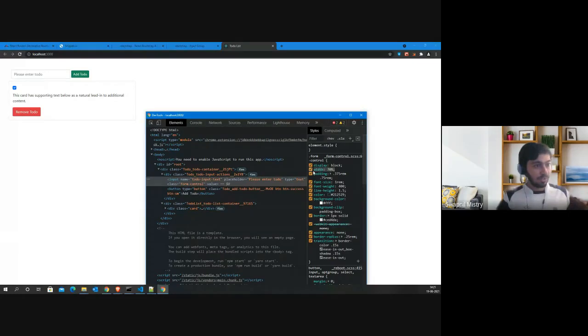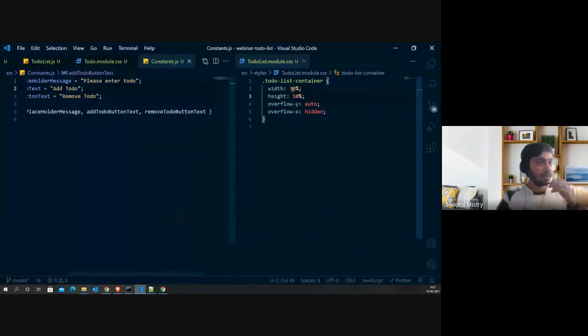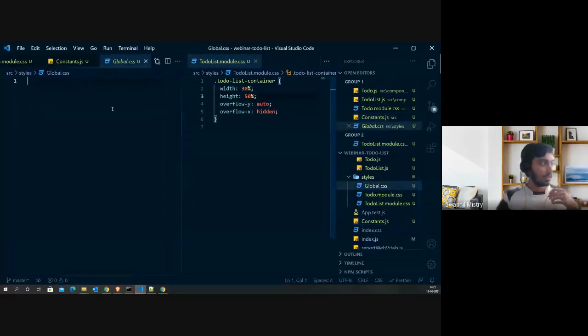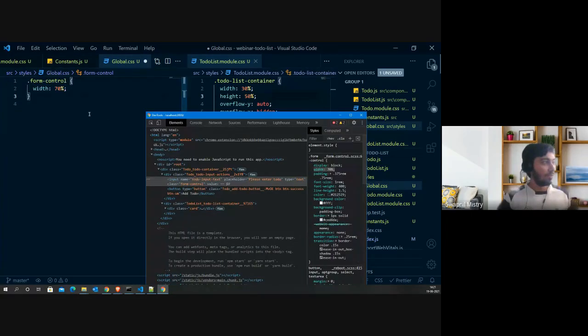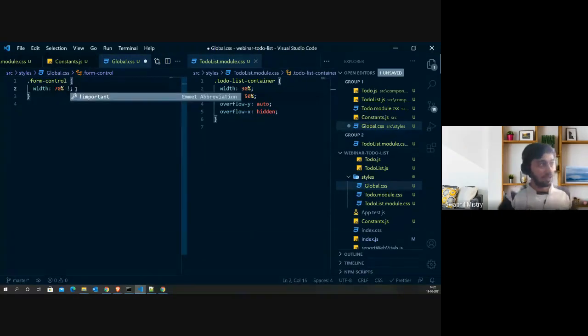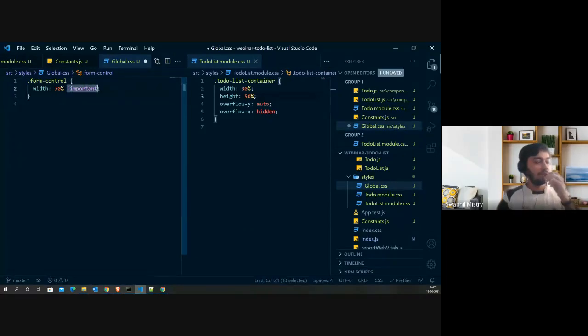Okay. I will just copy this part and just try to remember the class name over here, form control, right? I will go to my global.css. Okay. Now the class name is form control. And we want this width to be present rather than width of 100%, which is already present. And there's one more thing which I will add over, which is nothing but !important. This usually helps to override width and a couple of CSS properties. This helps to override CSS properties of some other component. So !important is mandatory for us.